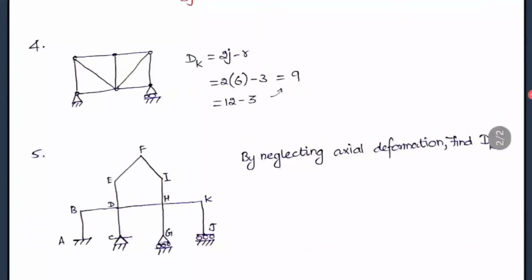So I have given different examples for both the rigid jointed frame and also the pin jointed frame, and I tried to cover most of the different types of links and internal hinges that are provided in frames. Okay, so with this you practice more questions so that you'll be very thorough with the concept. So here is the fifth question. That is the work to be done by you. Just calculate the values of kinematic indeterminacy neglecting the axial deformation. Okay, and you can share the answer in the comment section.